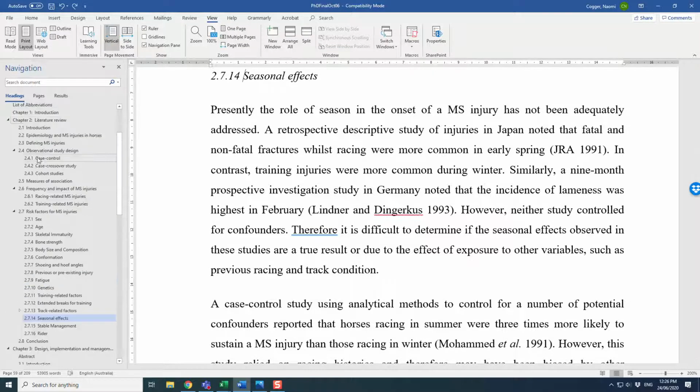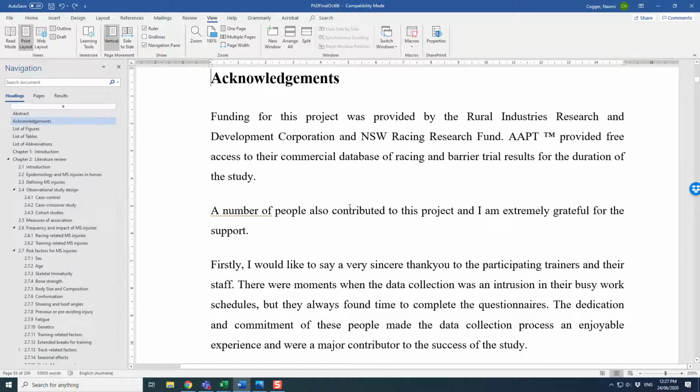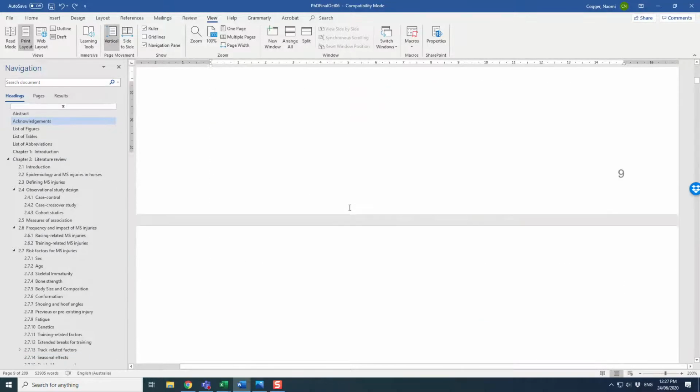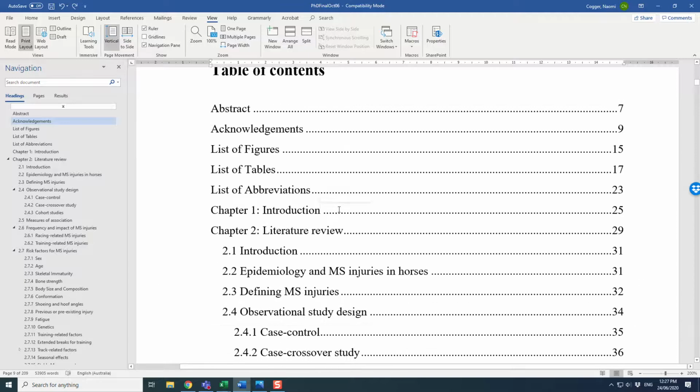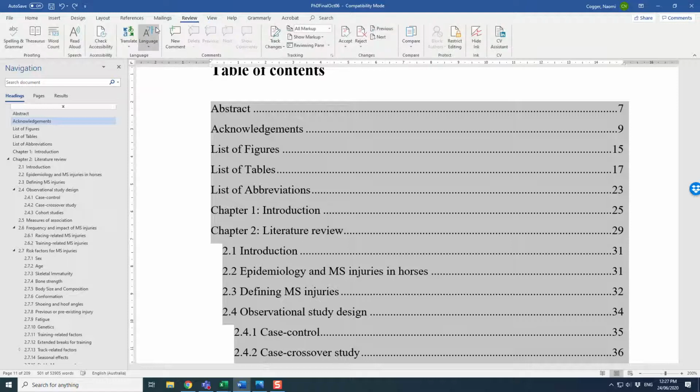And the other very helpful thing about doing this is it is going to make creating your table of contents fully automated. So you look at any big report, they've always got a table of contents. It always looks nice like this. If I click on it, you'll see it's grey, which means that it's got hyperlinks in there, and I can click to the document. But this was actually done automatically by, I've just got to remind myself,